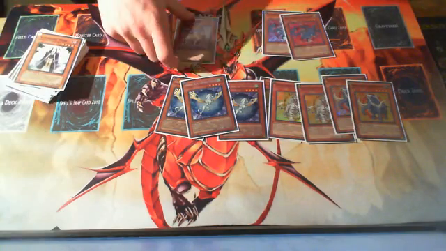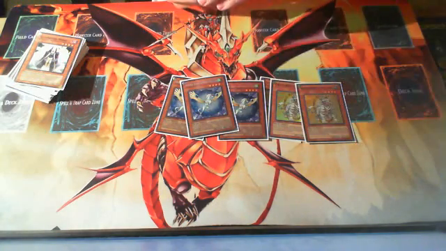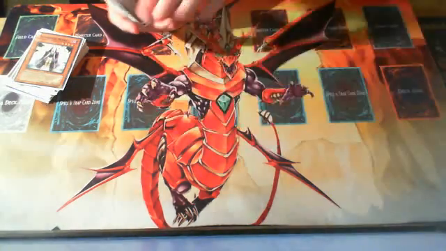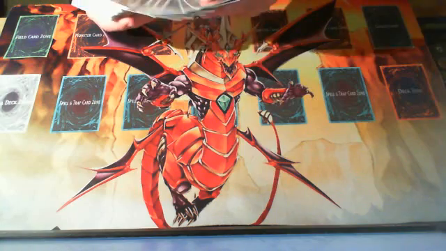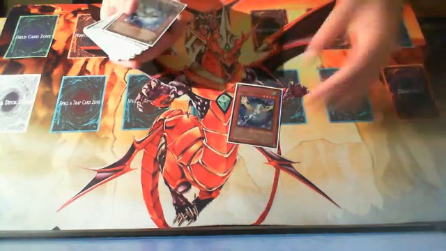So yeah, a lot of people ask me why I don't run Rainbow Dragon. Rainbow Dragon is really bad in this deck. I don't run all the Crystal Beasts because the rest of them are bad. And I don't like wasting all my monsters. And Rainbow Dragon is kind of an empty boss monster. If I want to run a boss monster, I try and fit in a BLS or something. But really, the boss monster in this deck is Utopia, or just even that equipped with a